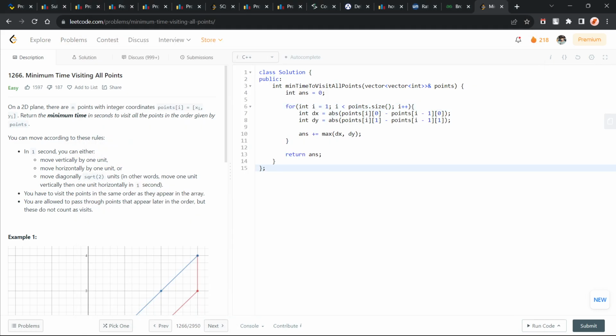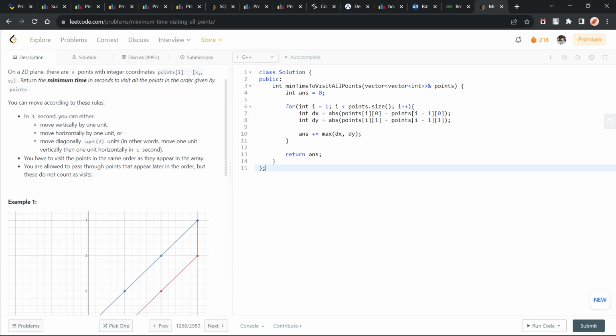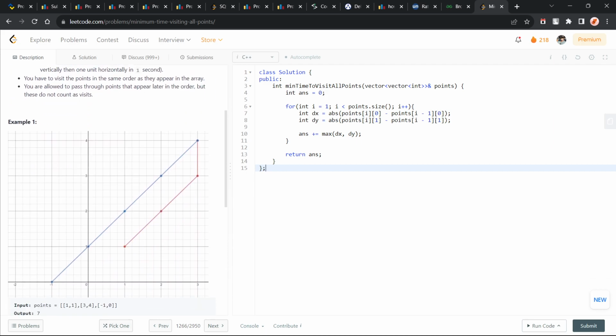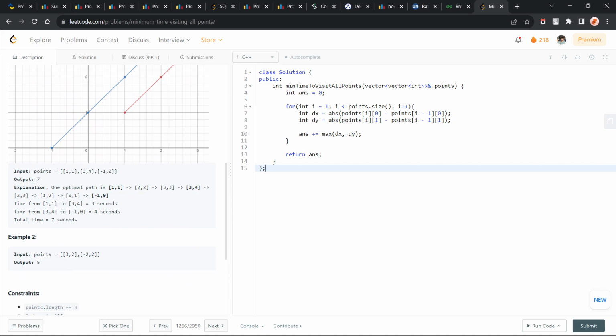So in this video, we are going to discuss the Leetcode problem of the day, and today's problem is Minimum Time Visiting All Points, and it is an easy level problem. The problem basically says that we have been given a 2D integer array of points, right? And also we have this 2D plane. Now let's say this is the integer array and we have to traverse through these points